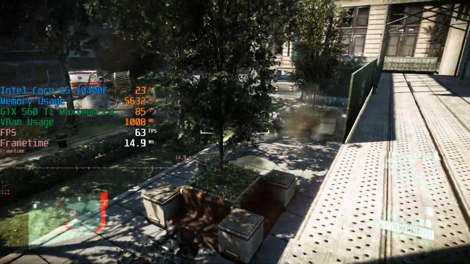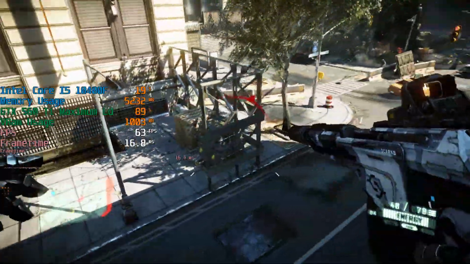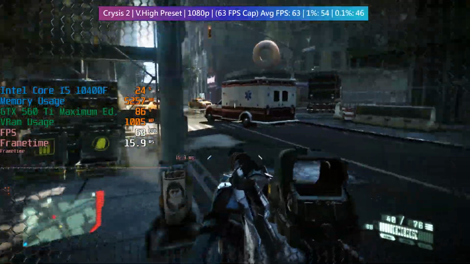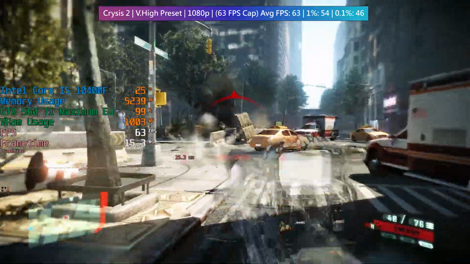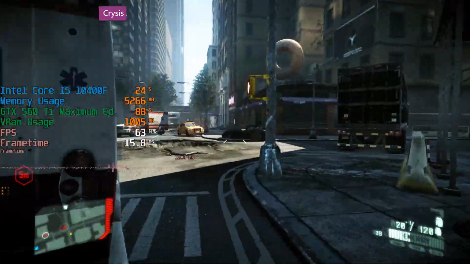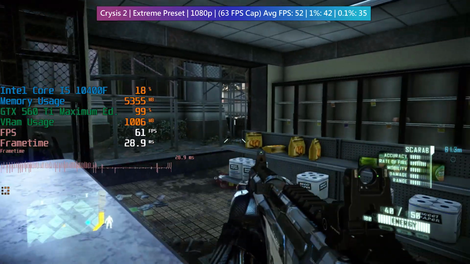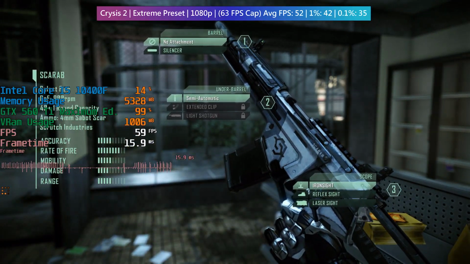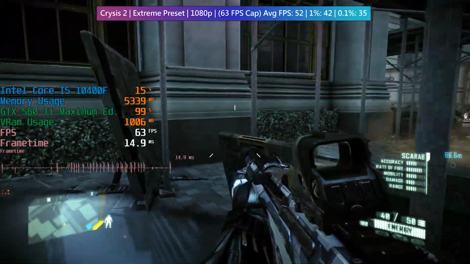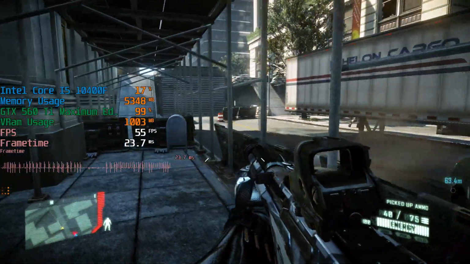Whether we were just taking a walk around the environment and looking at the still impressive visuals or engaging with multiple enemies, things stayed pretty smooth. The extreme graphics setting caused us to take a few performance hits to the mid-40s, but this was still a decent experience with the high resolution textures and DirectX 11 enabled. It was only the Ultra configuration that caused dips to the low 30s, and even so this wasn't an unplayable